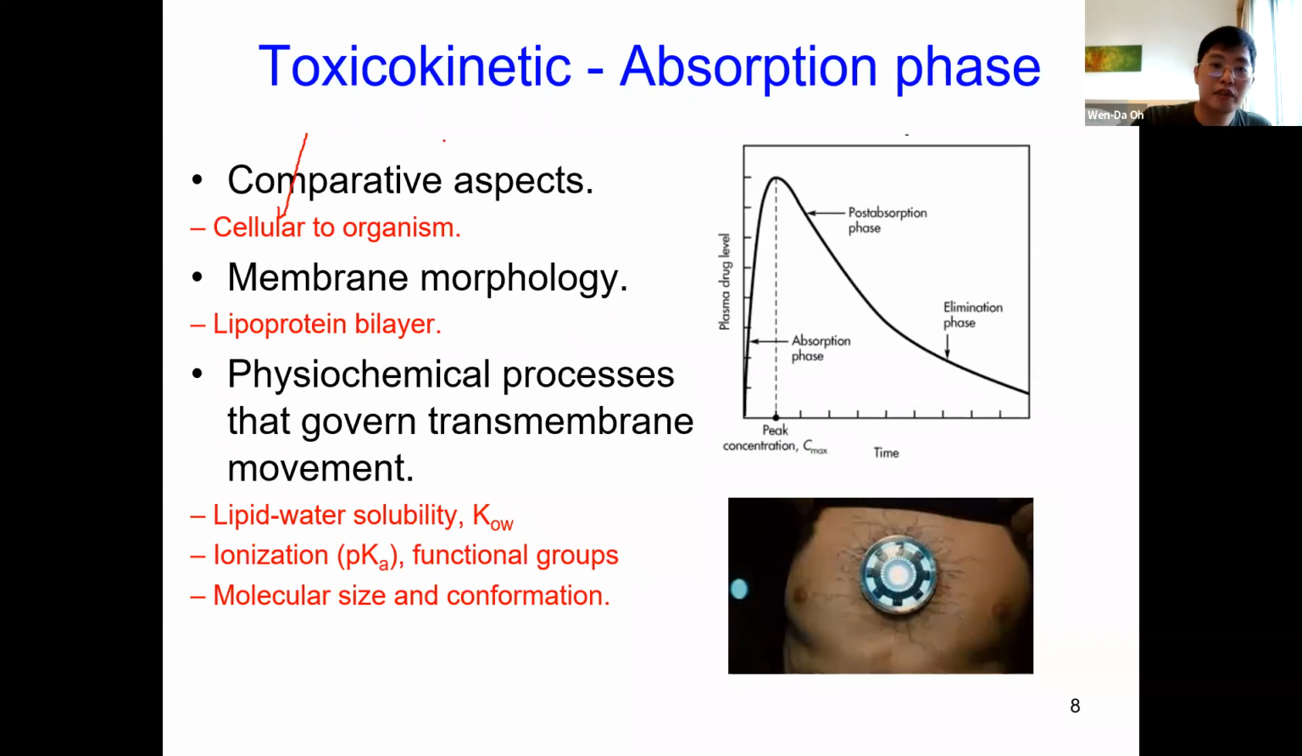The other one is absorption through the organism, whereby organism absorption relates to, for example, organ absorption, tissue absorption, muscle absorption. This is at a larger scale compared to the cellular absorption. And then this absorption is sometimes through the lipoprotein bilayer. It depends on membrane morphology, right? And sometimes physical-chemical processes can govern the transmembrane movement, and also affect the absorption rate. There are many different kinds of physical-chemical characteristics of the pollutant or the toxicant itself that can also affect